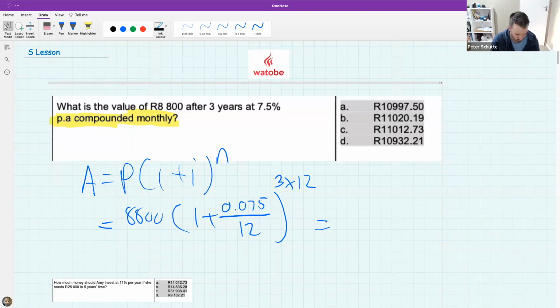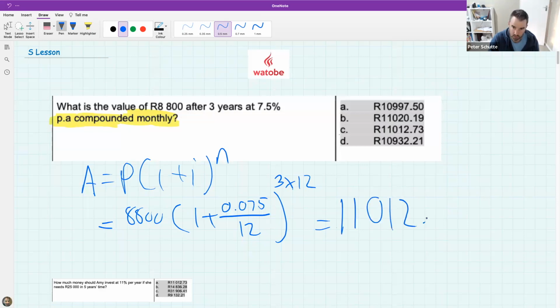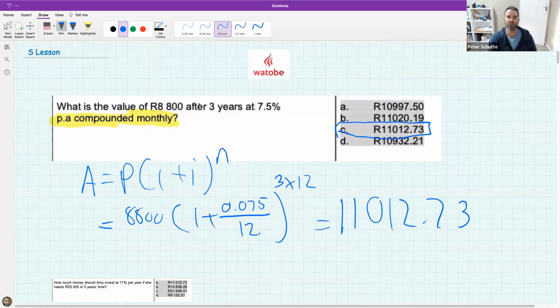Over 12 to the power of 36. Now, I think that might have caught a few of you. And I get 11,012.73. So one of the things I want to point out at the beginning of this lesson is that even though your nominal rate, we call this the nominal rate or the base rate,